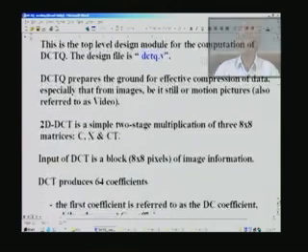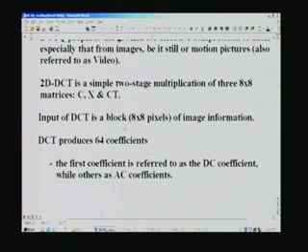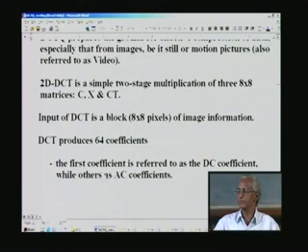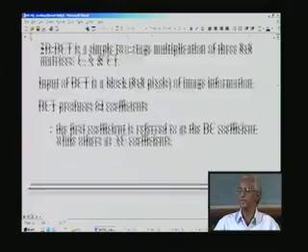The input for this DCT is a block, which we have seen in the image just now, and it is 8 by 8 pixels as mentioned before, and DCT produces 64 coefficients. The first coefficient is known as the DC coefficient, while the other 63 are known as AC coefficients.